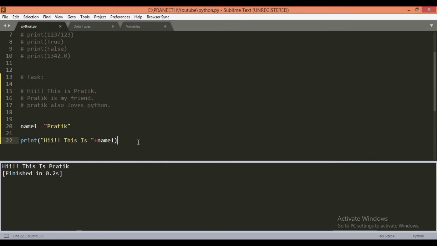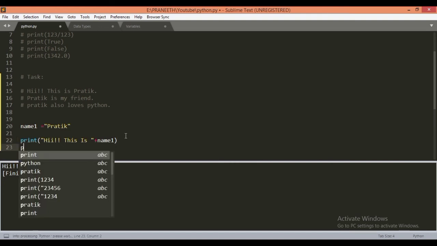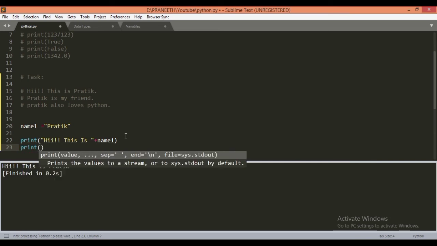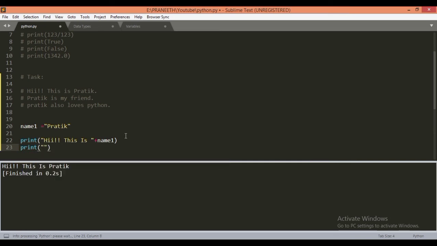So comments are something which give us information. As we get the information here, there is a task assigned in which we have to type this. Similarly, we print and complete our task.